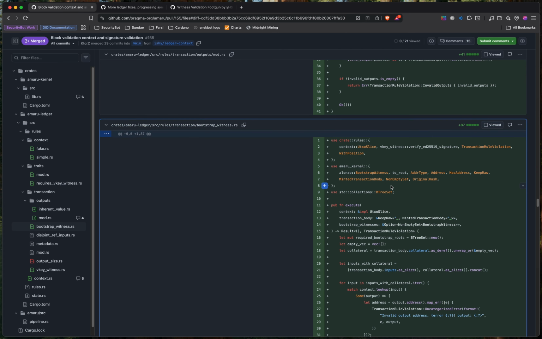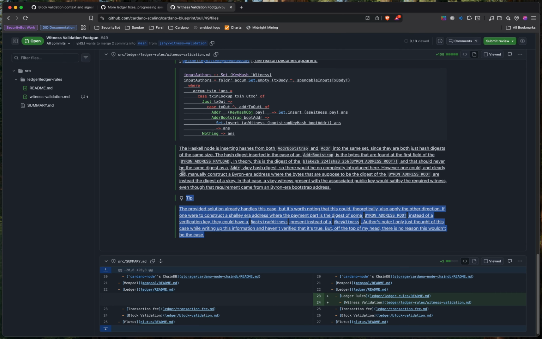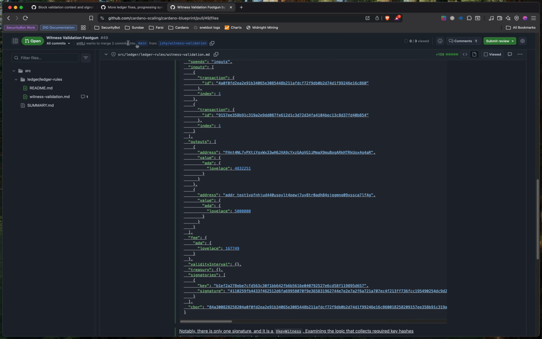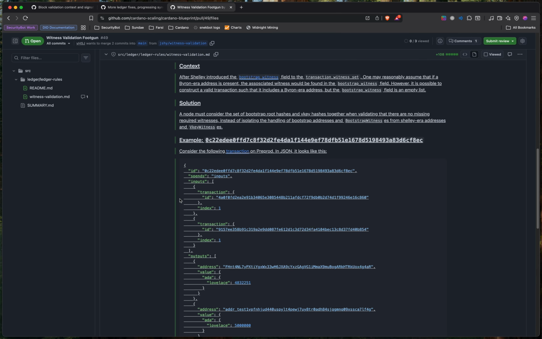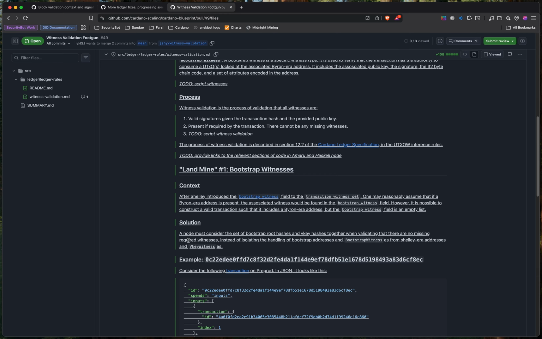Now, importantly, while this was the original plan and how we implemented it first, we actually discovered a bug that I have documented in depth here in the Cardano blueprint. It's still in a PR. We're working on getting this merged as we speak. But this describes the, not bug, but perhaps strange or unexpected behavior that exists in the Haskell node, and